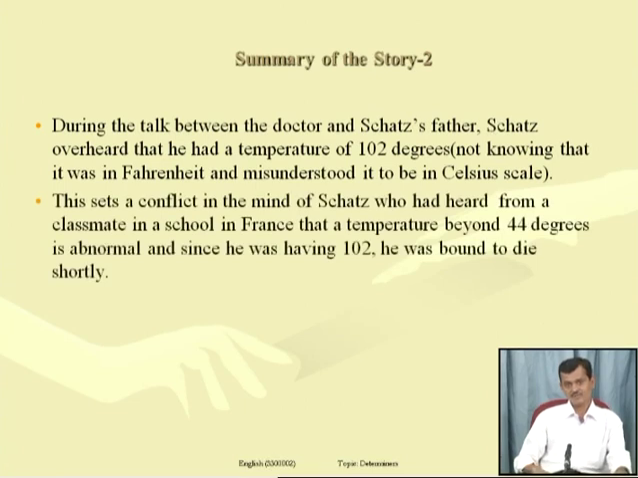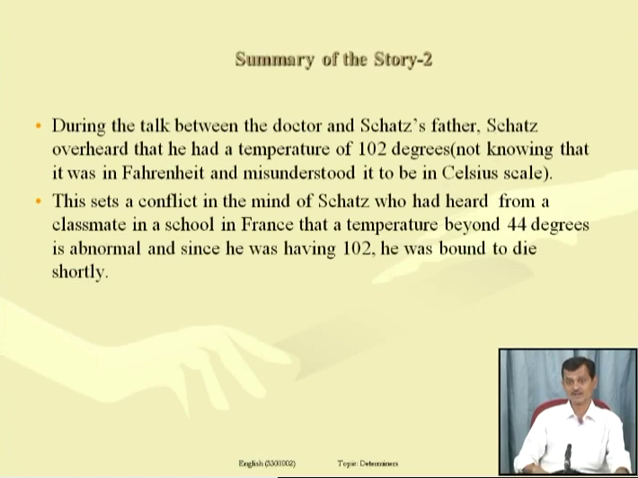This sets a conflict in the mind of Shaz, who had heard from a classmate in a school in France that a temperature beyond 44 degrees is abnormal. And since he was having 102, he was bound to die shortly. Now what happens in the story? Just now, Shaz hears that he is having this much temperature